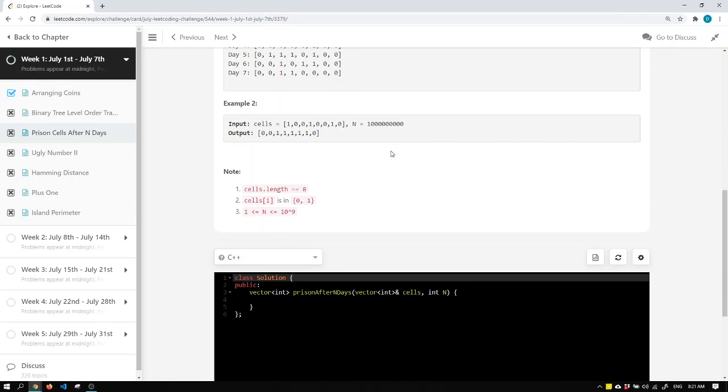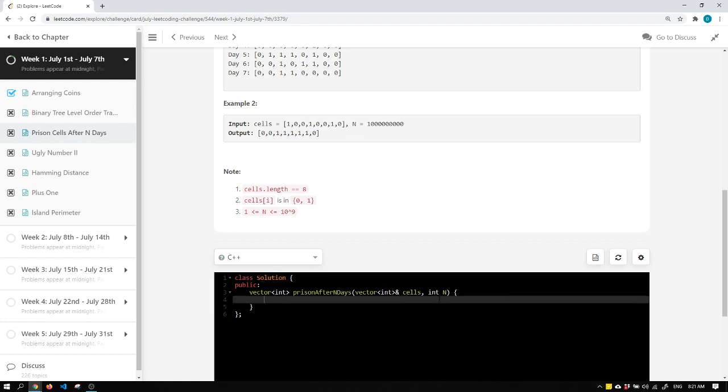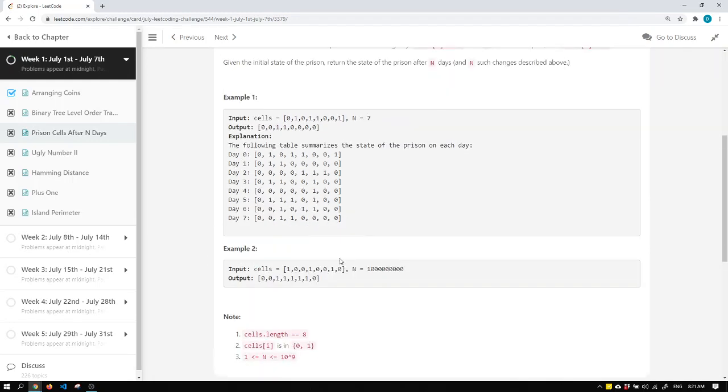So I think what we need to do is... this really is not efficient, but my plan was to create a vector of